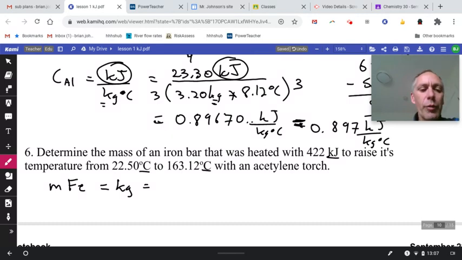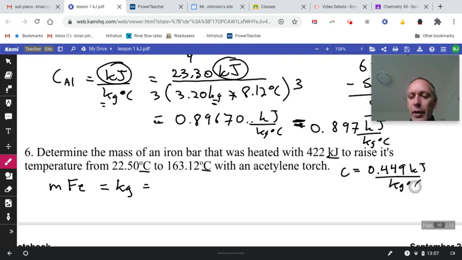That is correct, Brooklyn. Specific heat capacity of iron. So I'm going to look it up in my data book. High technology. Yep, there it is under miscellaneous, iron. And it is 0.449. So the specific heat capacity of iron is 0.449, and I'll use the kilojoules to match my units in the problem. Oh, and kilograms is on the bottom, so I got to flip this. Kilogram degrees Celsius over 0.449 kilojoules